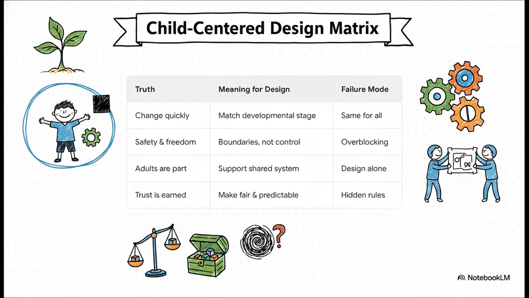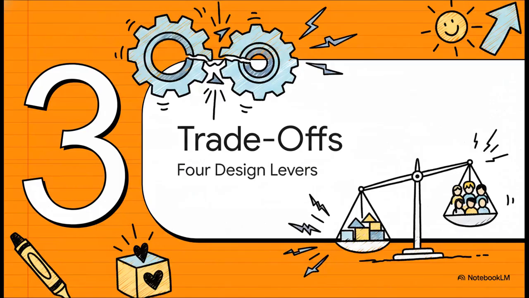Ignoring whether a kid is supervised or not is a failure of context. Using this matrix is exactly how you ensure your products are developmentally honest, rather than just technically polished and easy to use. All right, let's take these concepts out into the real world and talk about the four major design